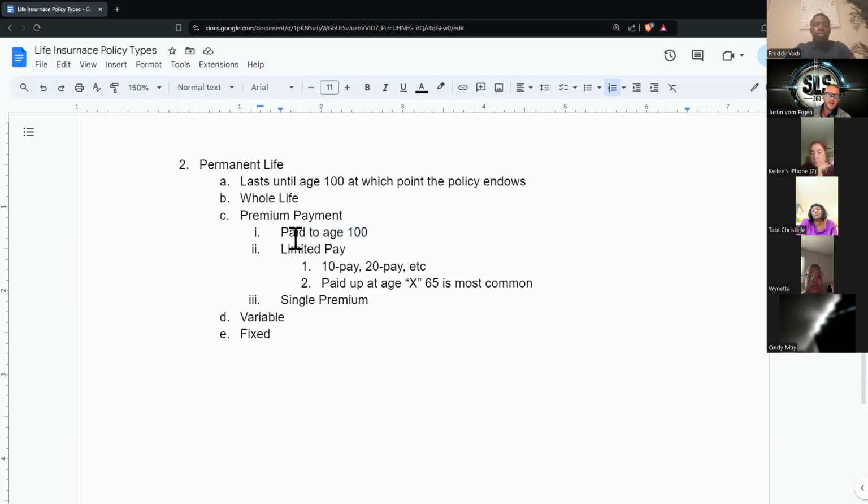So this is like, say I'm 34. If I got a whole life now and it was ordinary whole life, traditional whole life, then I will make premium payments every month or every year, whichever I want, up until I reach age 100. Okay, makes sense. I'm also going to put participating.